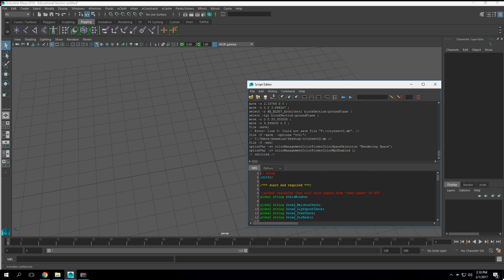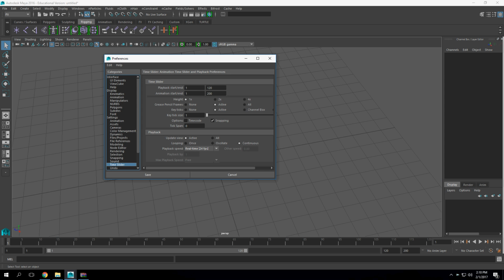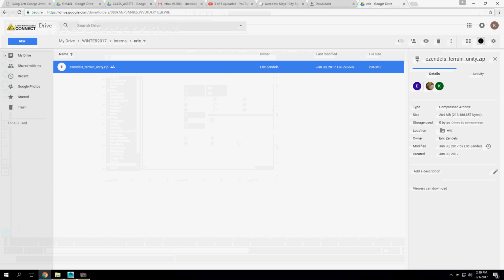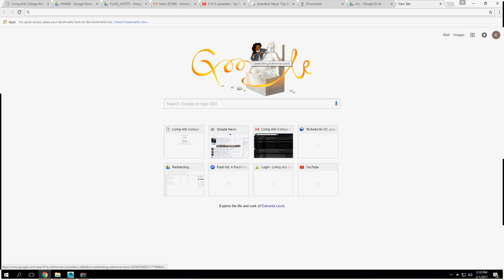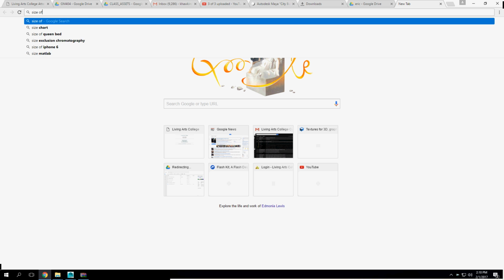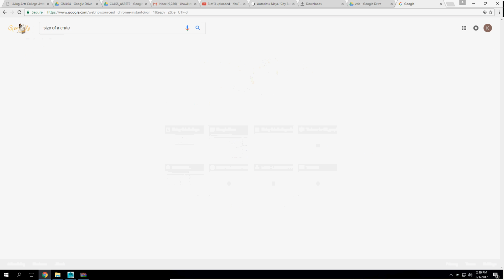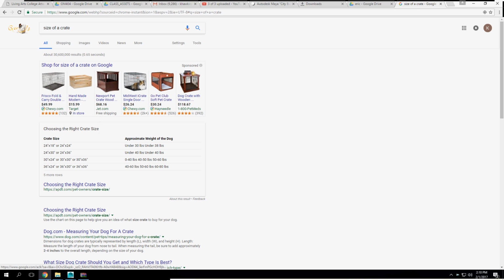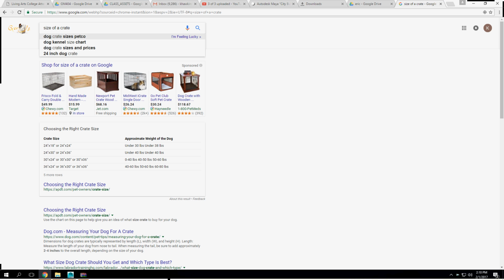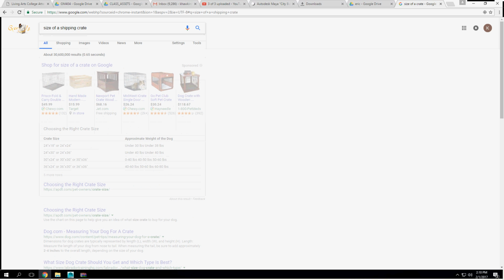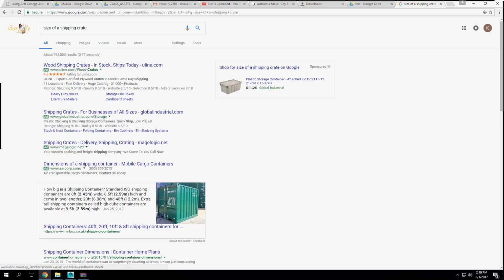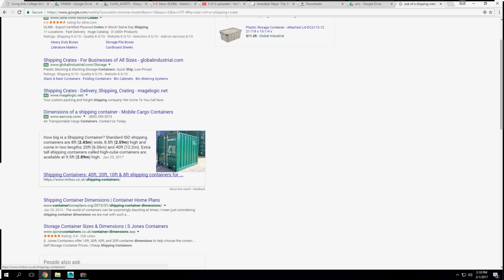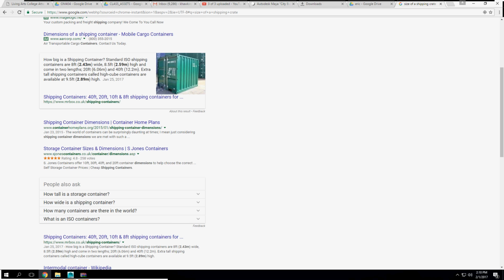Since we were talking, well, we weren't, but my colleagues and I were talking about scale. Let's make this to scale. So, size of a crate. That's a shipping container. I want more of just,